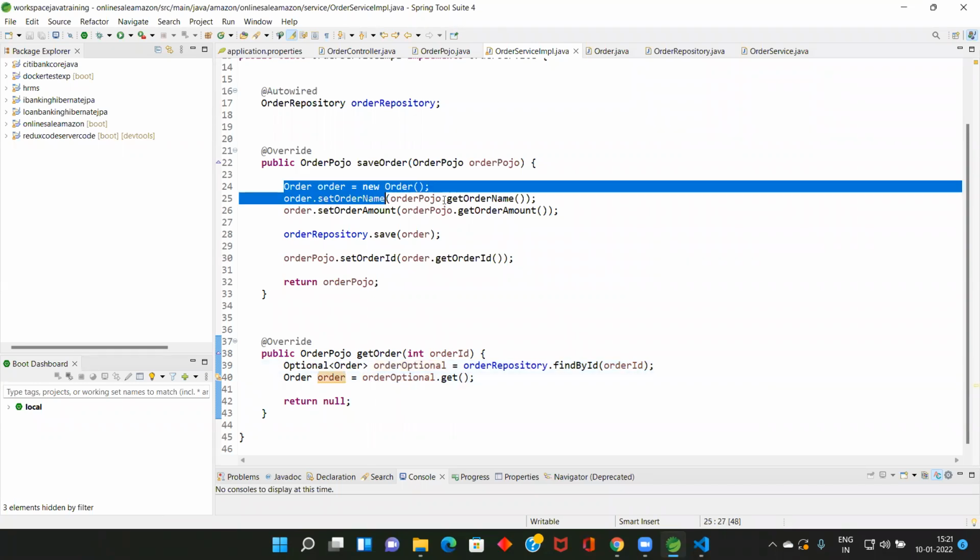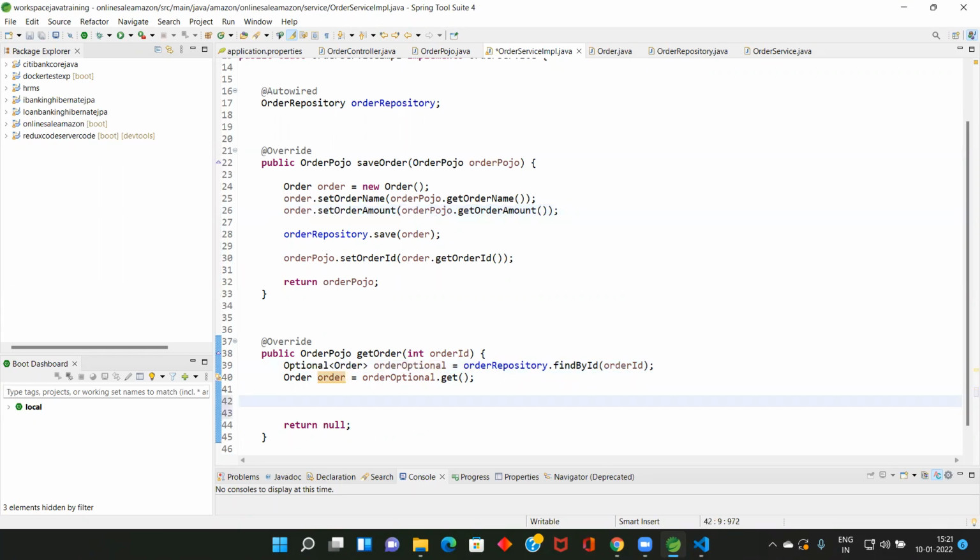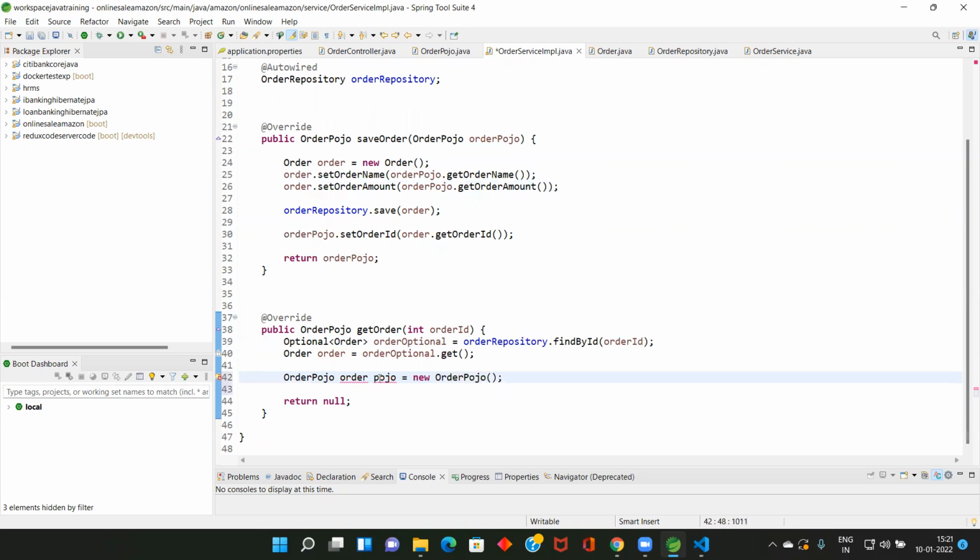Then here, set order Pojo here. So once you got here, you are going to convert from order to order Pojo. Order Pojo dot set. So we need to set all the value that came from the database.